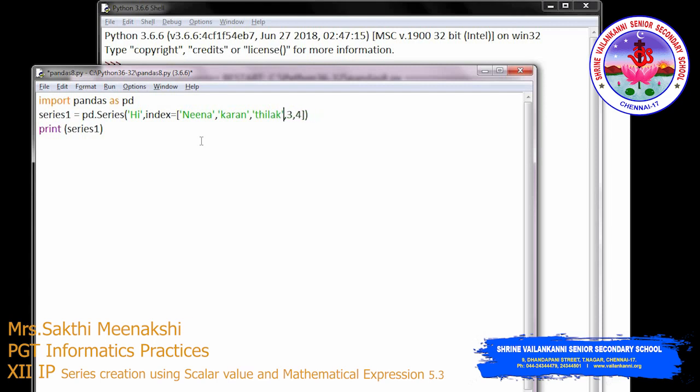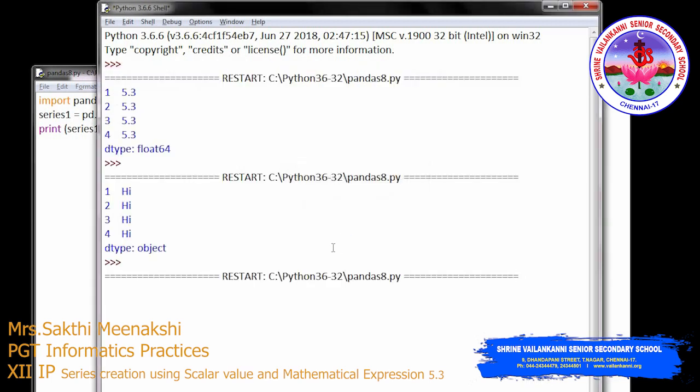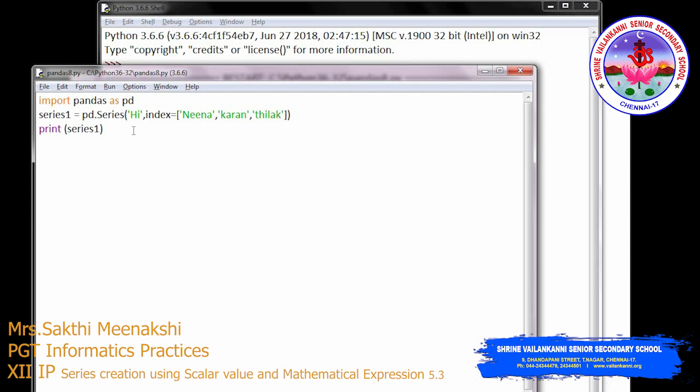I am passing only 3 elements in this list now, and the constant is a string constant, that is "hi". So Nina hi, Kiran hi, Tilak hi. This is the way we can give index values, and we can give a string constant as the scalar value.